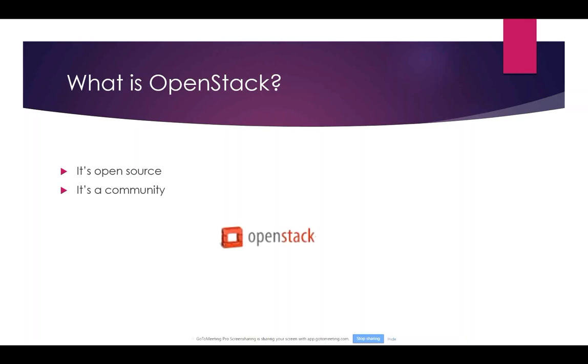And open source means that the software is free, but not so much, because a lot of companies have their own version of OpenStack and they support OpenStack, but it's for a cost, even though it is open source and free. You can download OpenStack and have your own cloud. Open source, it's a community,